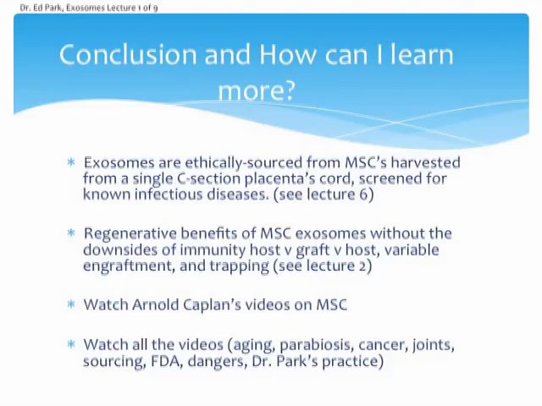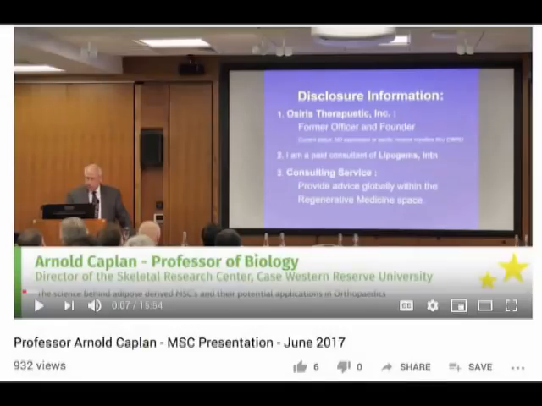So you don't run into the same problems with destruction by your immune system, and also you don't run into problems with trapping and clumping in the lungs, spleen, and liver, which is common when you take another person's non-matched stem cells, or MSCs. If you're interested in learning more, I would go to one of the founders of MSC science, Arnold Kaplan, and Google him or watch his videos on YouTube.